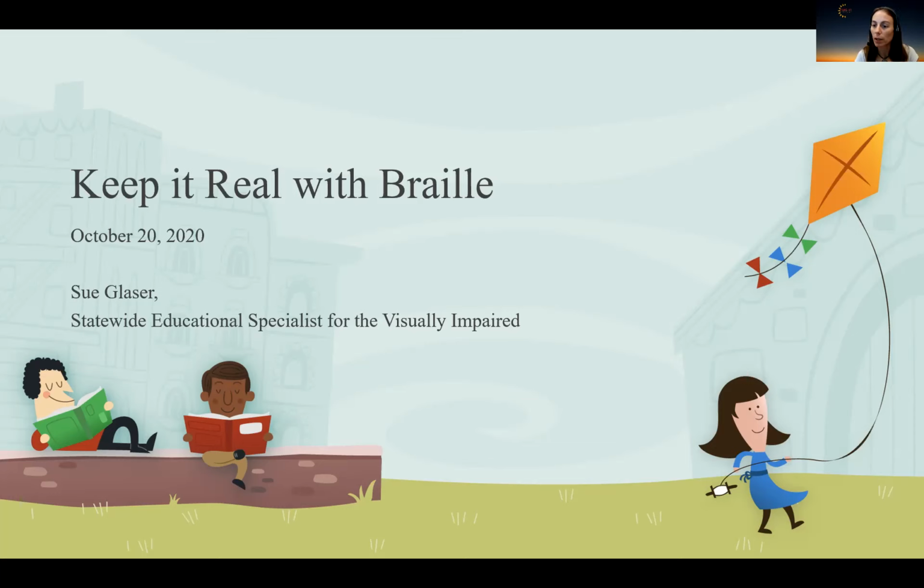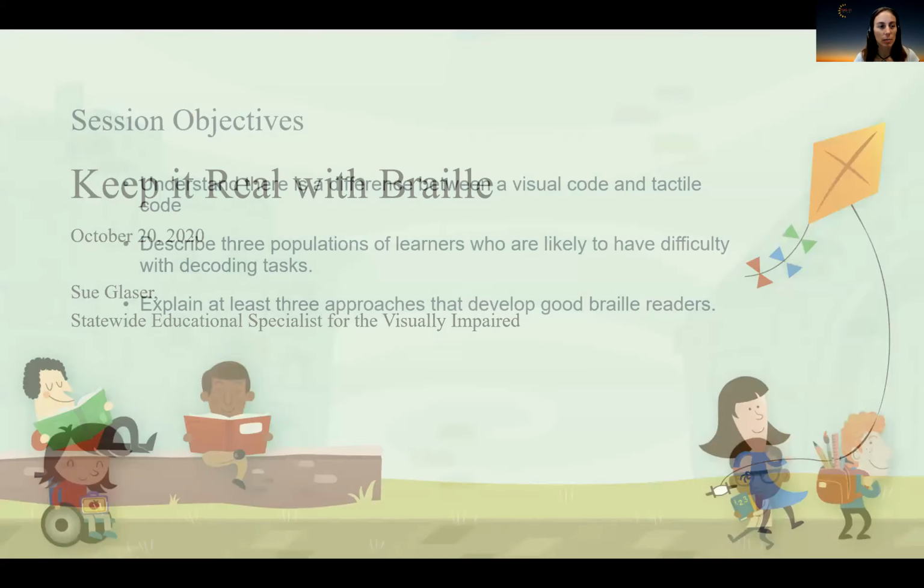And today we are going to keep it real with Braille. So this is somewhat of a follow-up to yesterday. Some things are going to carry over from the early Braille literacy session that I did, and after my session, Sherry Hart is going to talk about Braille reading options and Braille reading curriculum. So we've got a really nice flow of sessions going on that are going to follow one after the other. So keeping it real with Braille. Our session objectives are going to be to, we're going to talk about